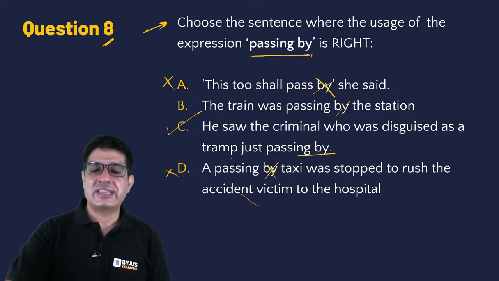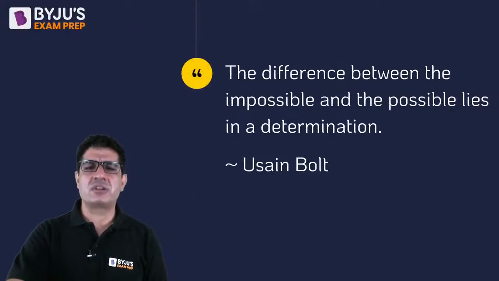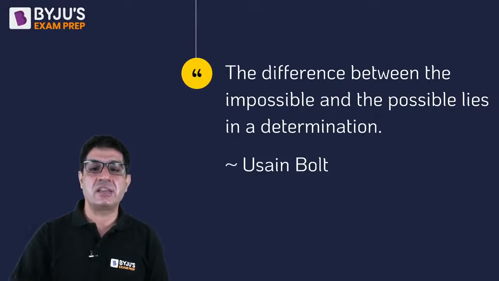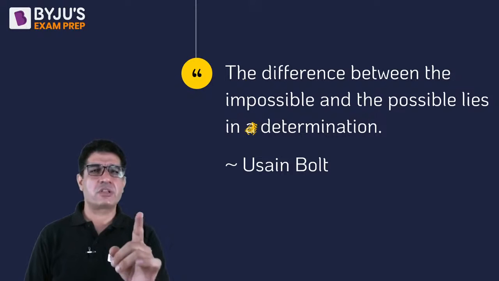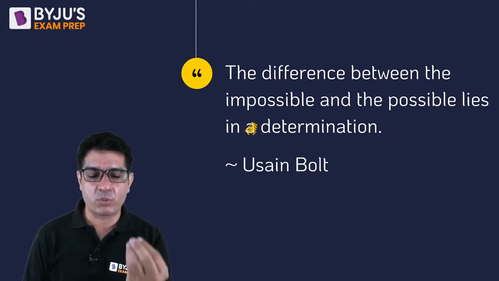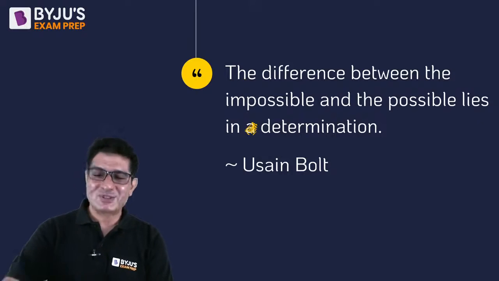Okay, so that's about the questions, but here is something from Usain Bolt today. The difference between the impossible and the possible lies in a determination. Now he used a determination, and I was just quoting him, but the truth is this is grammatically wrong, so we could remove this. So the difference between the impossible and the possible, it all boils down to your self-belief, your determination. Make sure that you hold on to